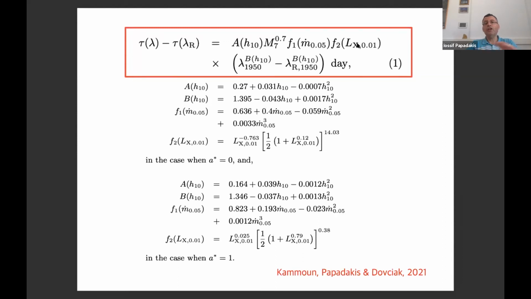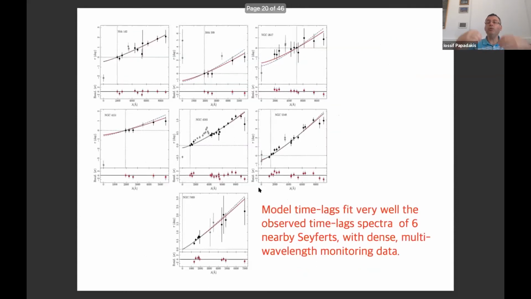That is true. The time lags are not simple functions of the height, m dot, and Lx. The system is complicated, but it can be found. Those functions can be determined, and we determined them. They're different for spin 0 and spin 1. Of course, when you fit the data with the proper time lag models,